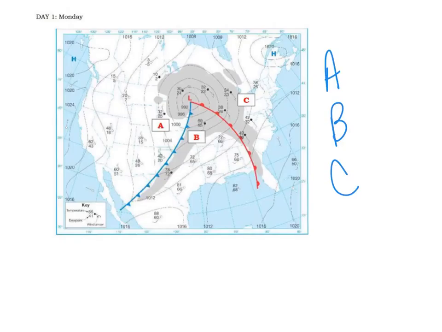As a review, I thought I would just stop and say, remember, you know what cold fronts are and what weather is associated with them. You know your warm fronts and what weather is associated with them. We talked about what low pressure means. You can see the shaded area is the precipitation. There are station models there with temperatures, wind direction, wind speeds, dew points, and cloud coverage. So you should be able to